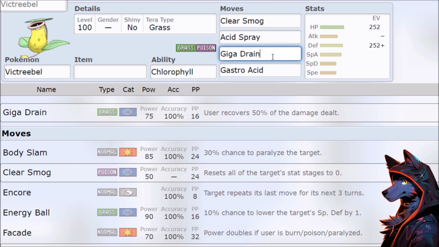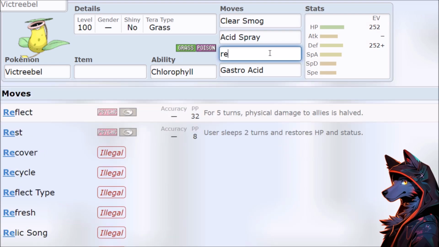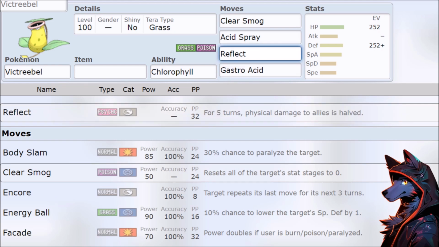It can Tera Grass Giga Drain, and then it actually does a surprising amount of damage. Doesn't get KO'd. Everything's good. Also seen them with the Reflect. So you can just kind of fill in everything with the Victory Bell,